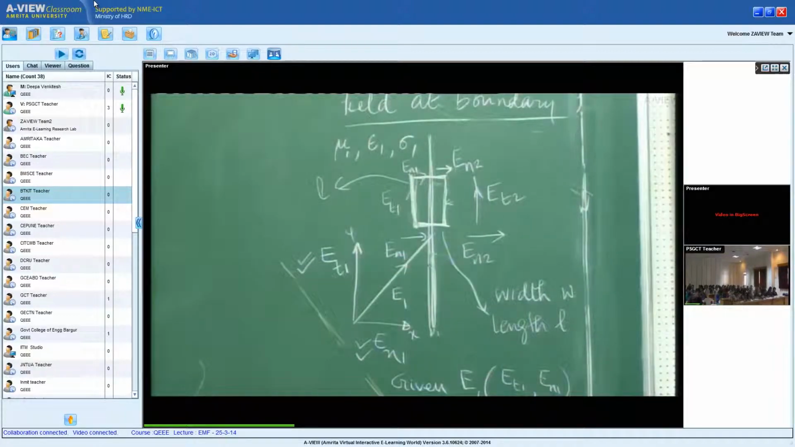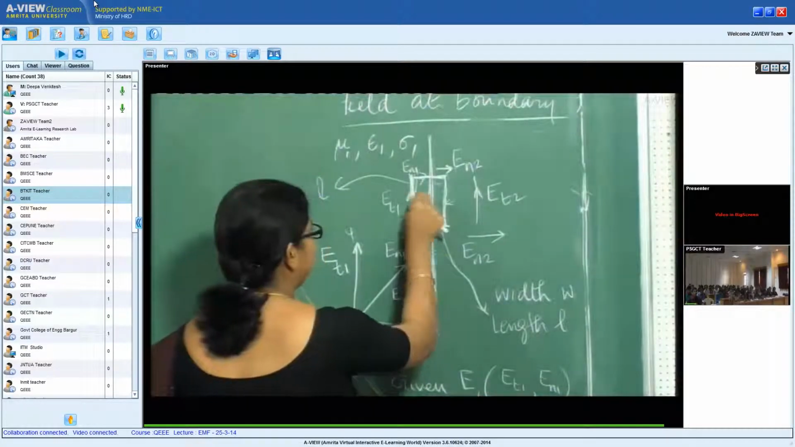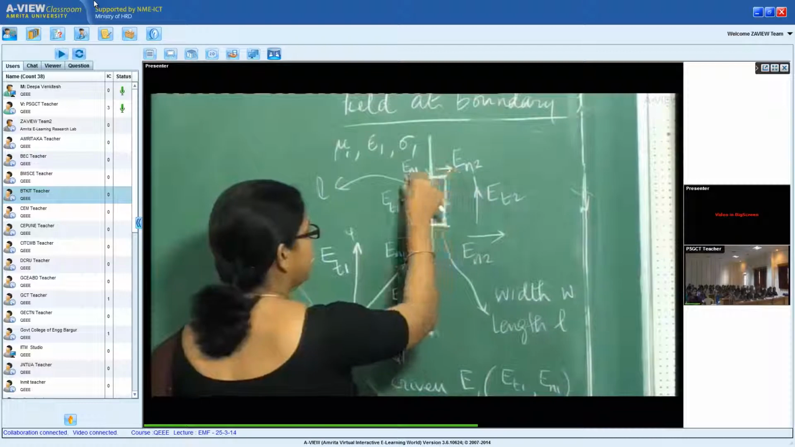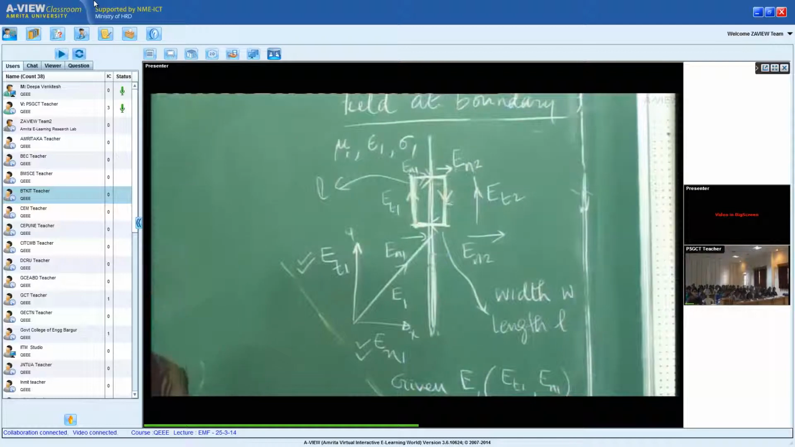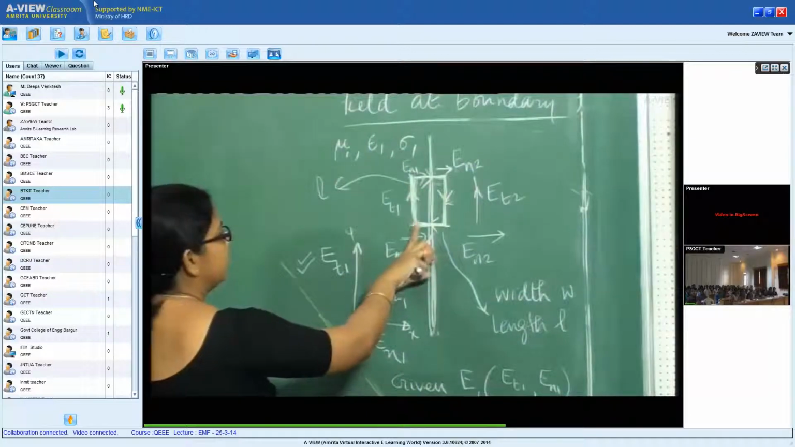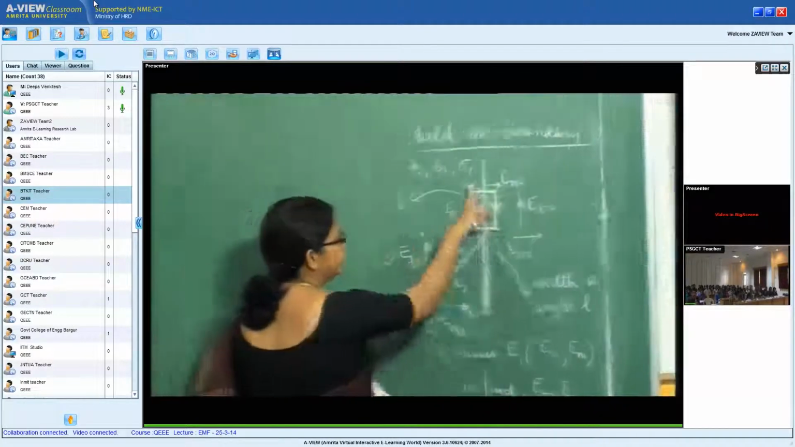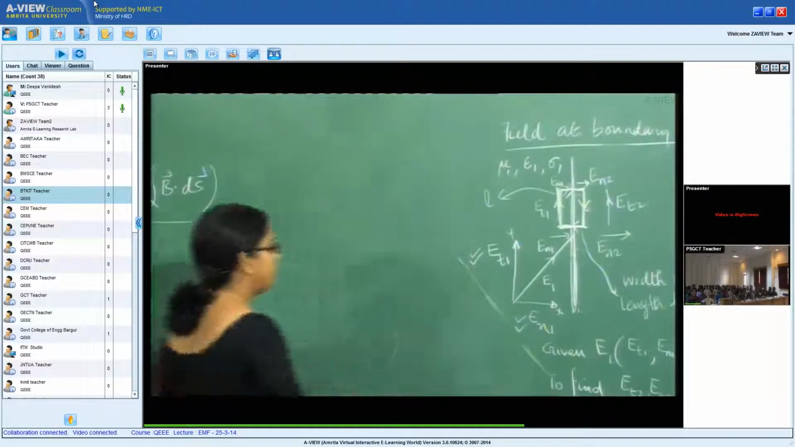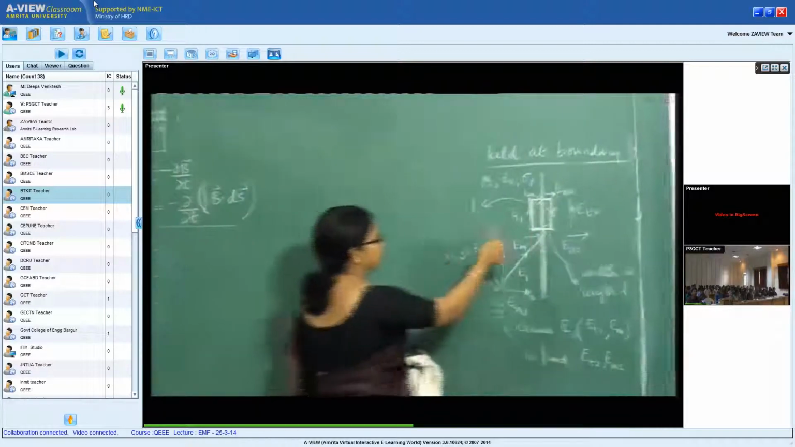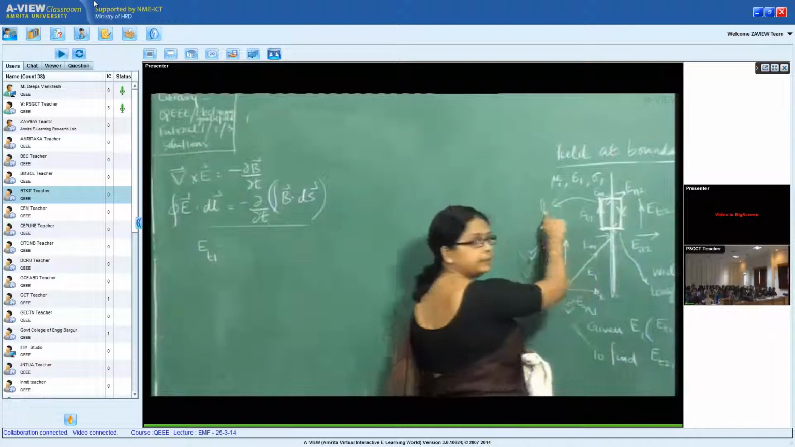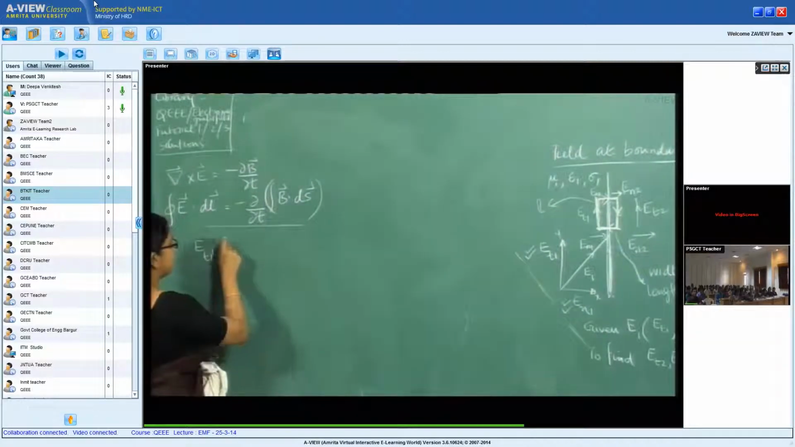So how do I perform the loop integral? I have to start from one side, go along this loop, go along this direction and come back. This is how I have to perform the loop integral. What is E dot dl along this direction? I have the component ET1 along this direction, so E dot dl would be ET1 times the component of dl along this, which is length L. So this would be ET1 L